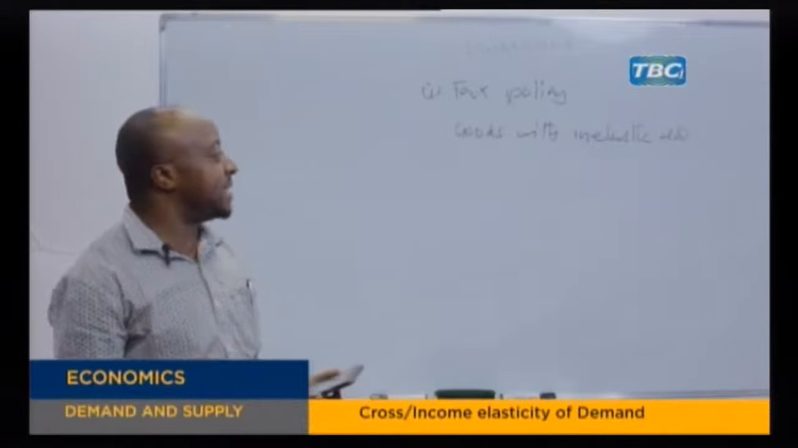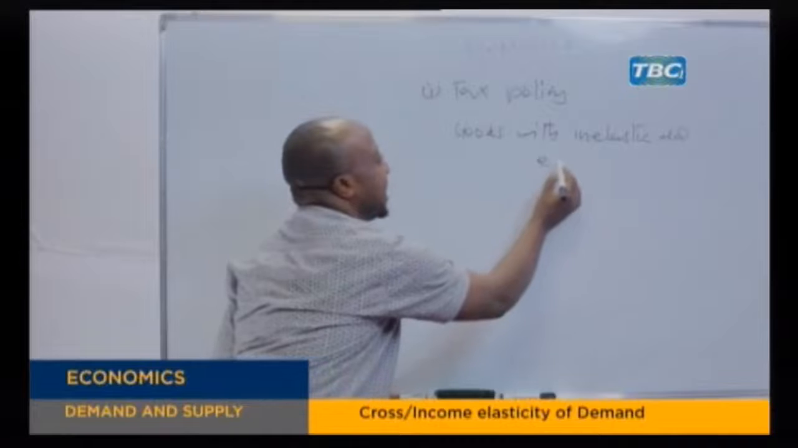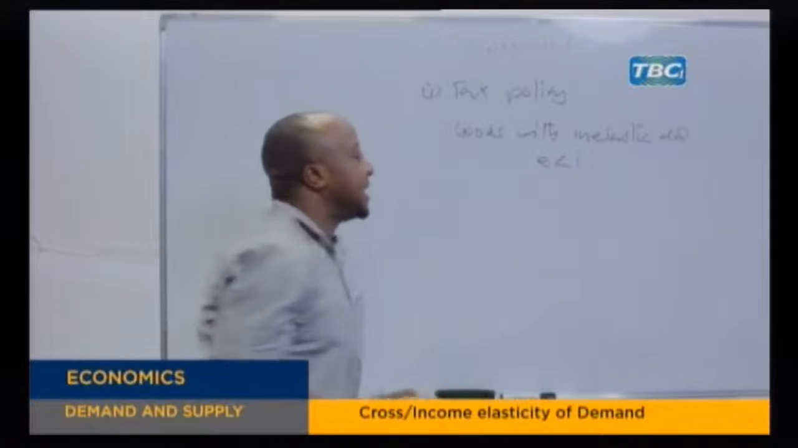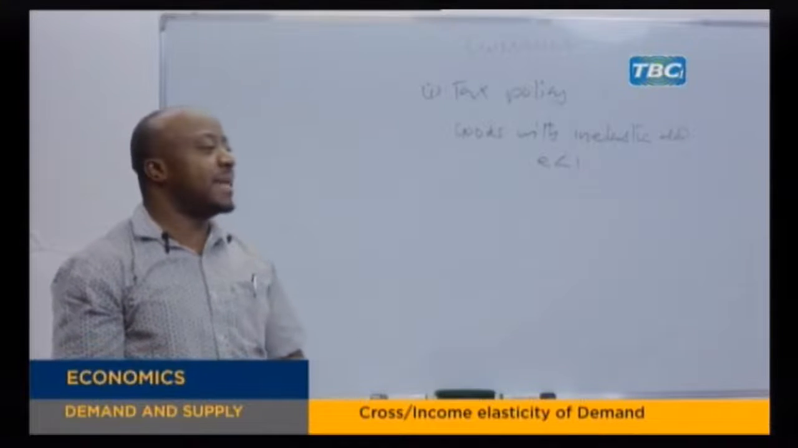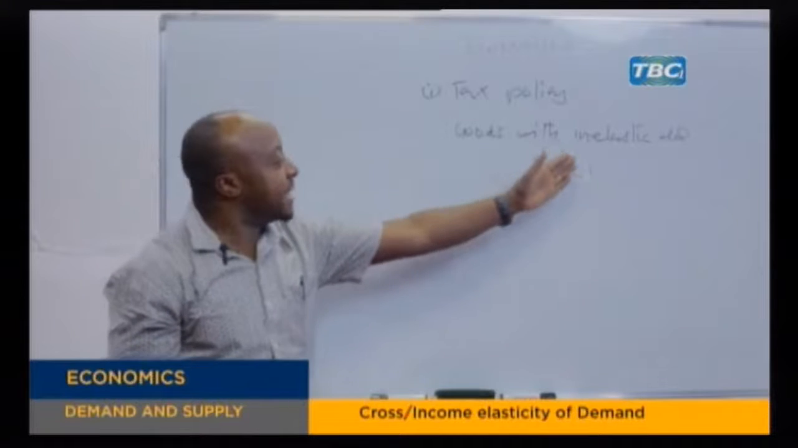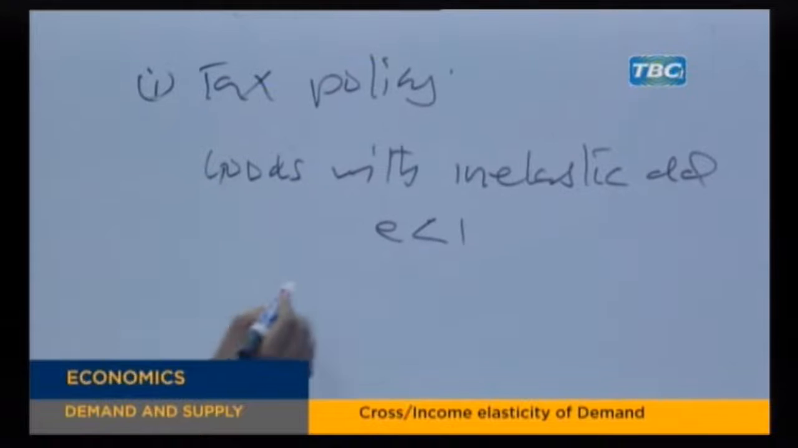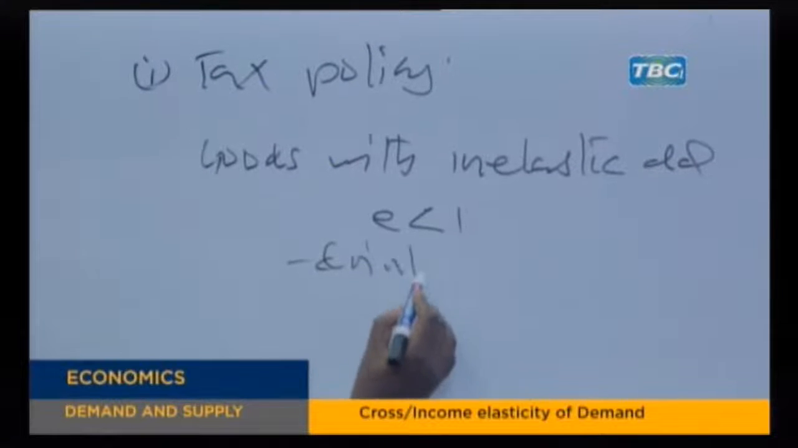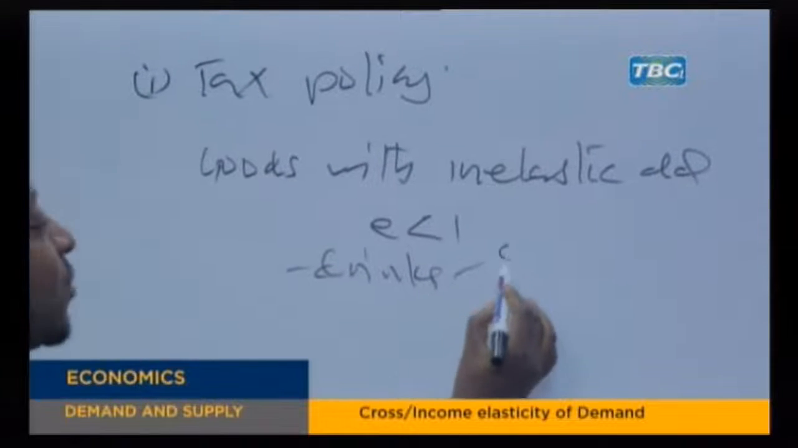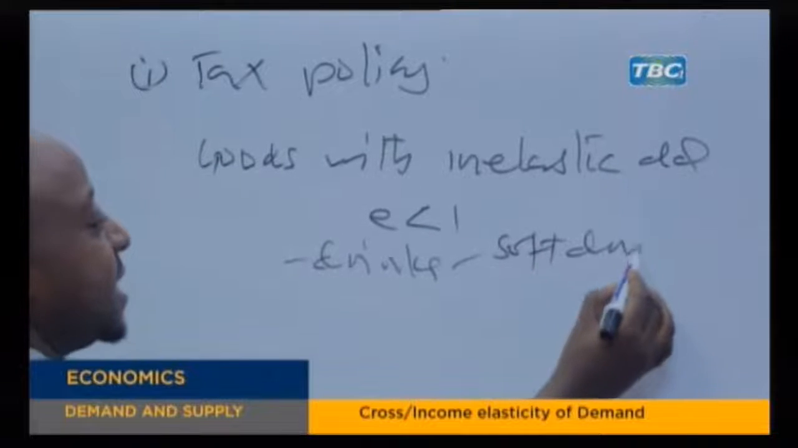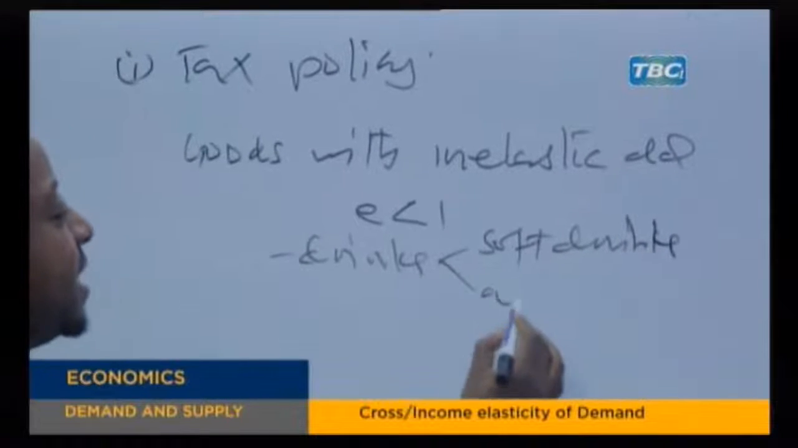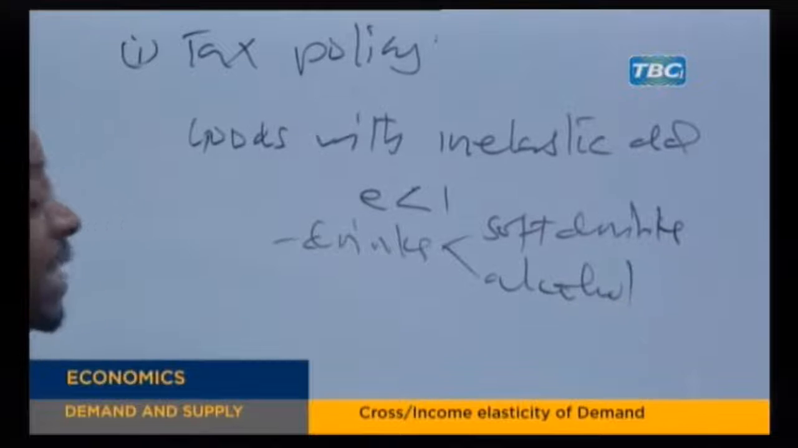That is inelastic. It means the elasticity is less than 1. That is inelastic demand. Now the government may formulate policy basing on this nature. For example, we have goods like drinks. We know common drinks, especially soft drinks,